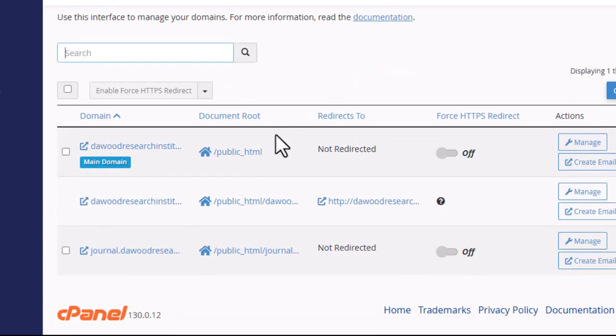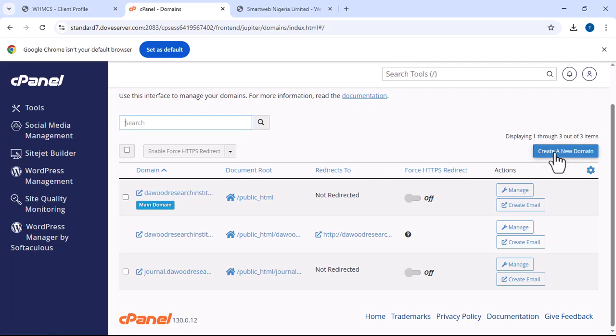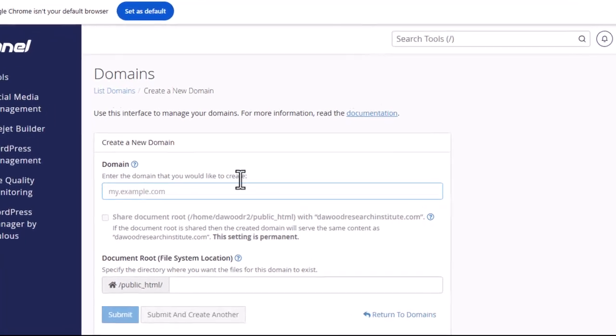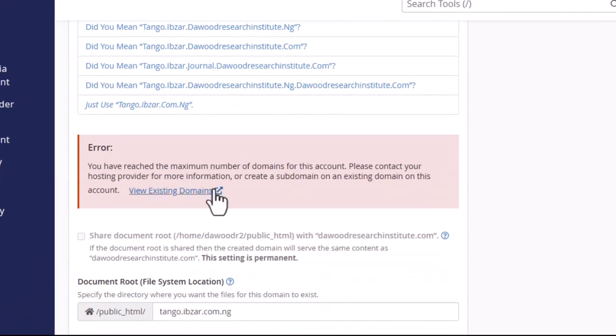So once the domain name is pointed and then added as an add-on, like this domain name which I have is already added as an add-on, or if it's not added, then you click on this create a new domain name. So if you are creating the new domain name, you enter the new domain name which you want to add as an add-on, and then